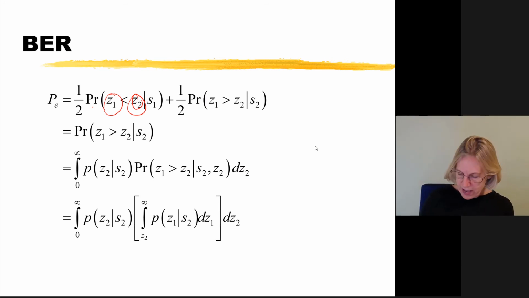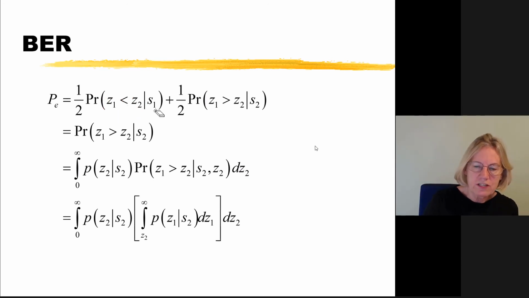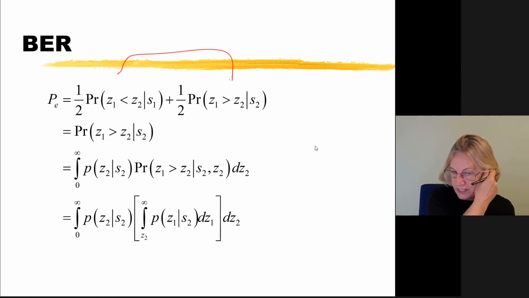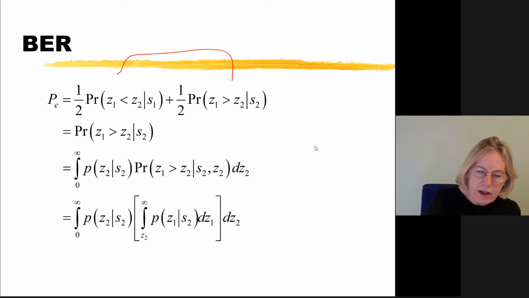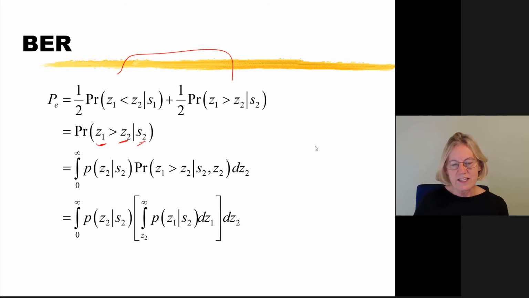And so right away you can see just from the first equation that there's a lot of symmetry here, and I just show you the conditional probabilities, and that in fact 1/2 plus 1/2 comes out to be the same as just looking at one of them. And so it doesn't matter which one, we just pick one. So the probability that Z1 is greater than Z2, given that S2 was sent, is the probability of error. And so if I want to calculate this probability, I have to